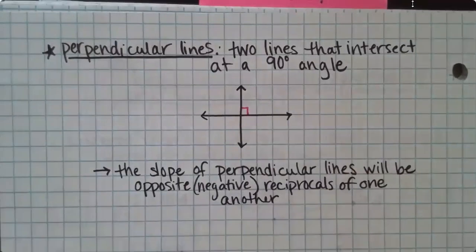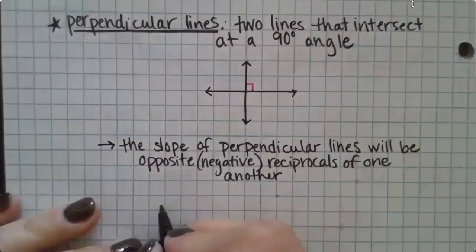So opposite or negative means they have the opposite sign. So if one's negative, the other will be positive, or if one's positive, the other will be negative. And then the numbers in the slopes will be reciprocals of one another. So for example,